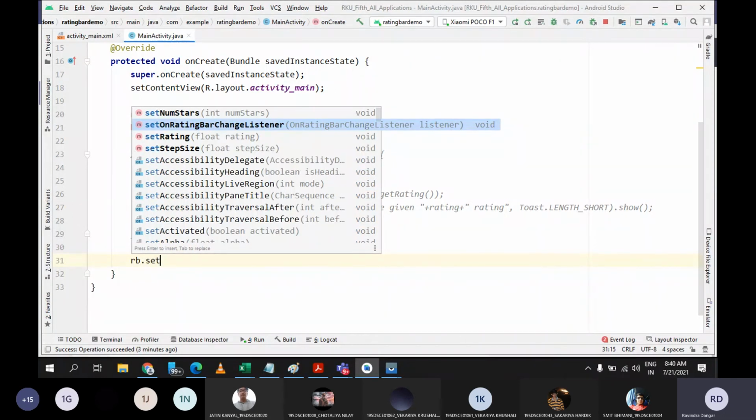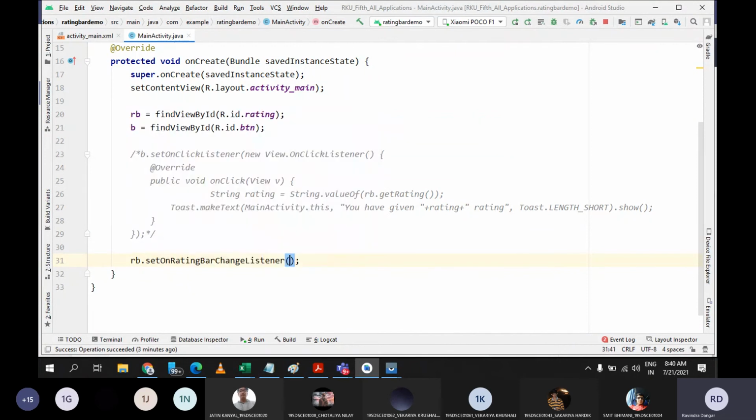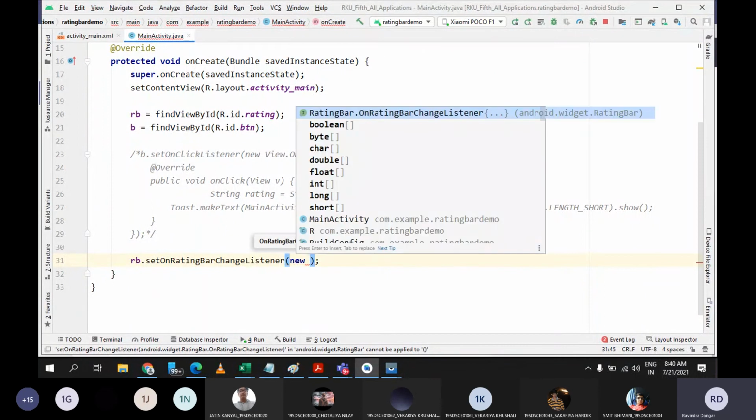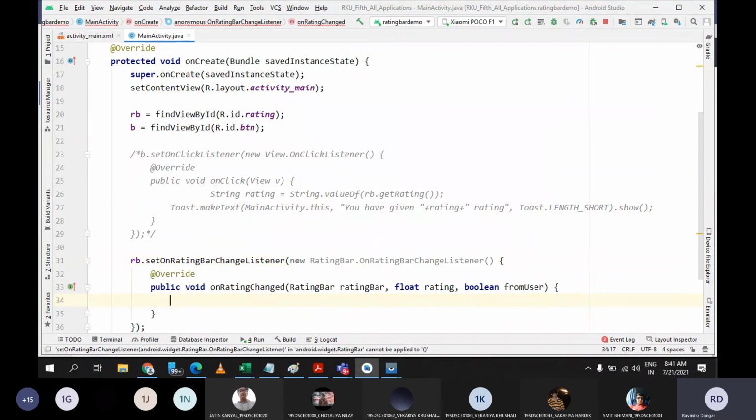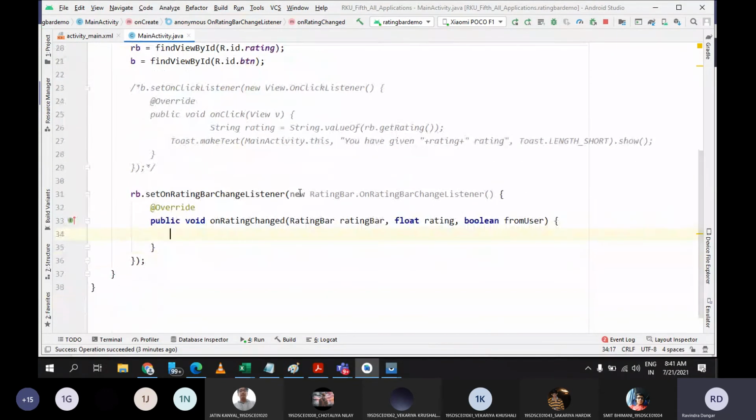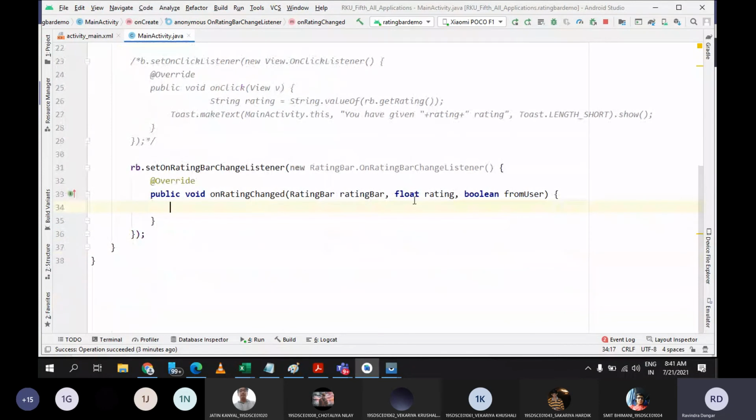So we are going to set something when rating bar value is getting changed. Let me just click this. Now I don't know which method is there, so I can write new, Ctrl+Space, and I'll get the first suggestion. Android Studio is very smart. Rating bar dot on rating bar change listener. Let me just use it, and there you are. You can see in float values I am getting the rating.